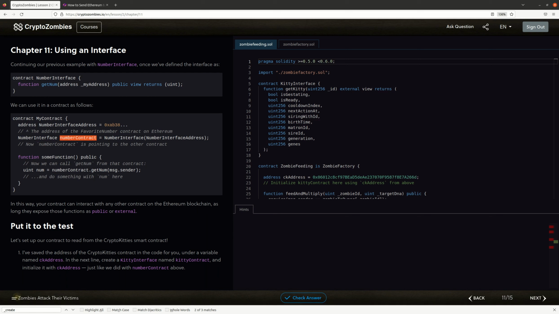Is pointing to the other contract. And we've said that the number interface, we've given it an address here, which is whatever address of the person or whatever address we defined. So that's how we create the interface. And now we can call getNumber from the contract, so we can use this and say this.getNumber and give it, let's say, the message sender, the global address of the person who initiated the call,